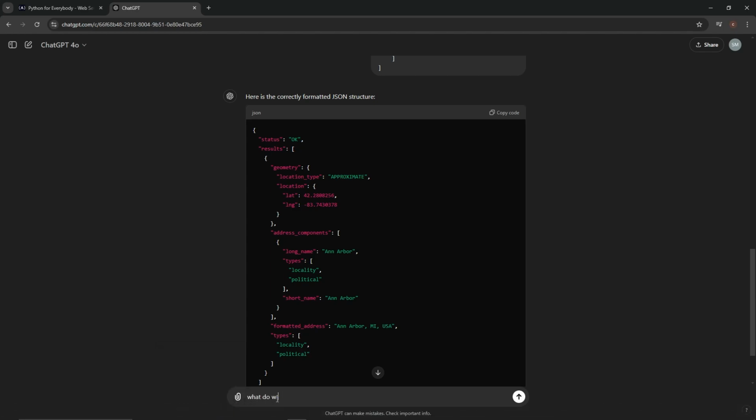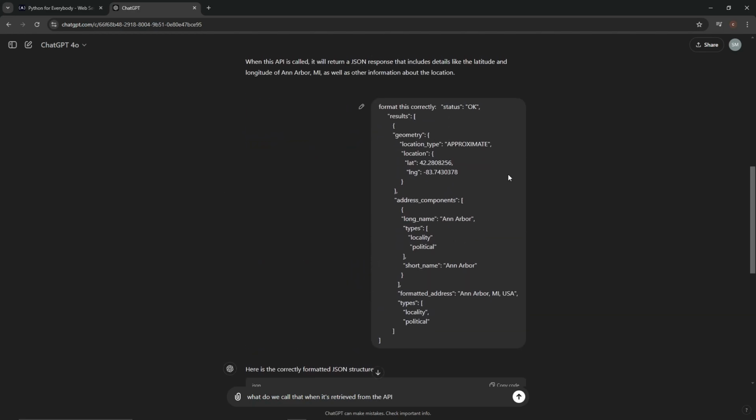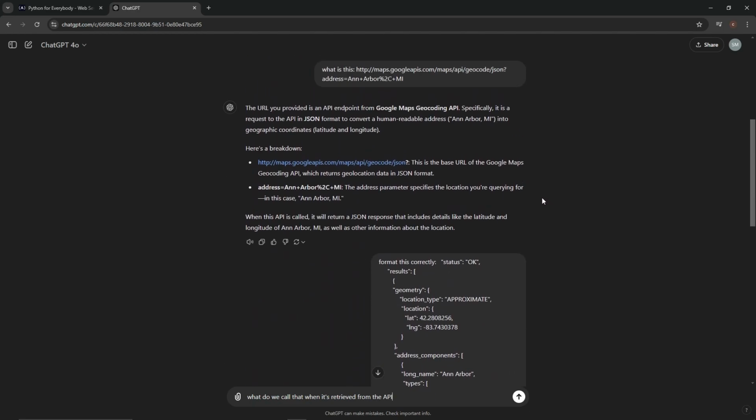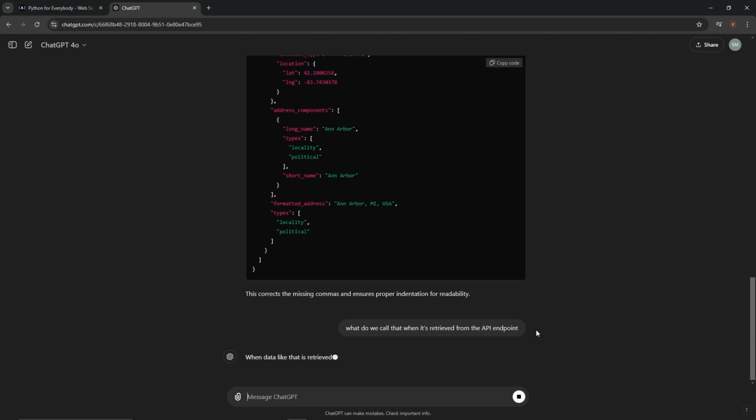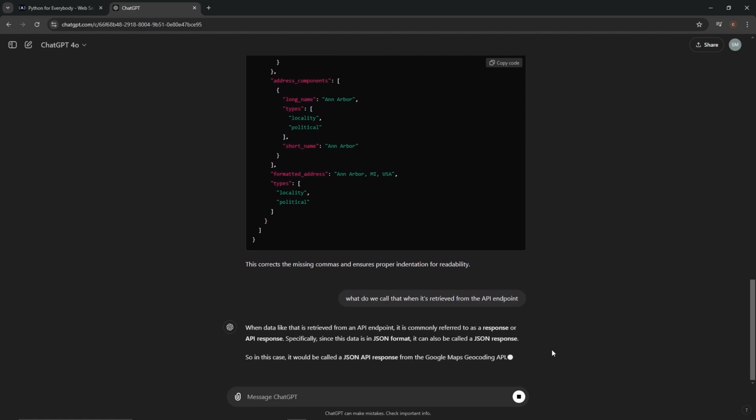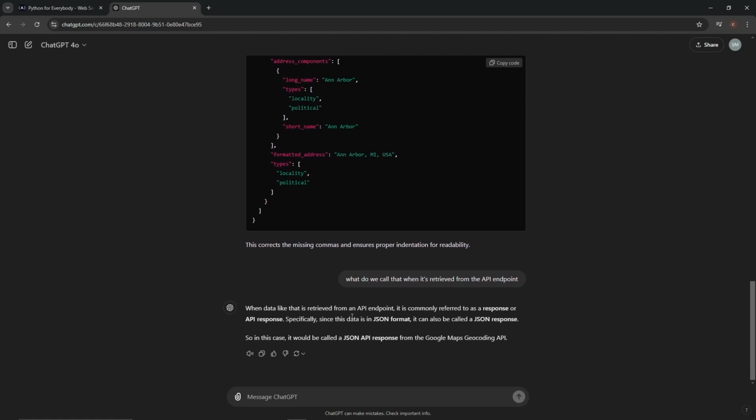What do we call that when it's retrieved from the API endpoint? Response, API response, the JSON response. Okay, so let's do that.